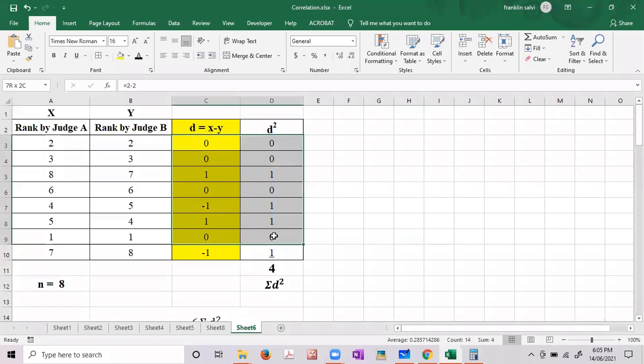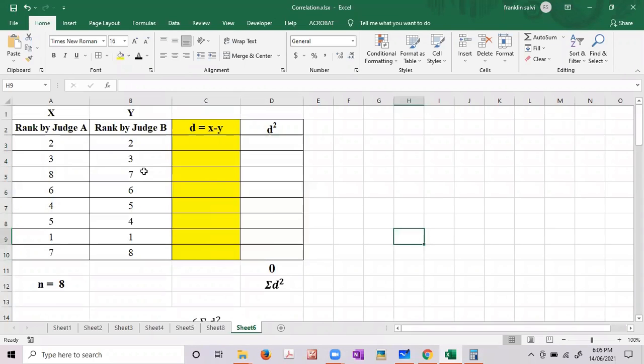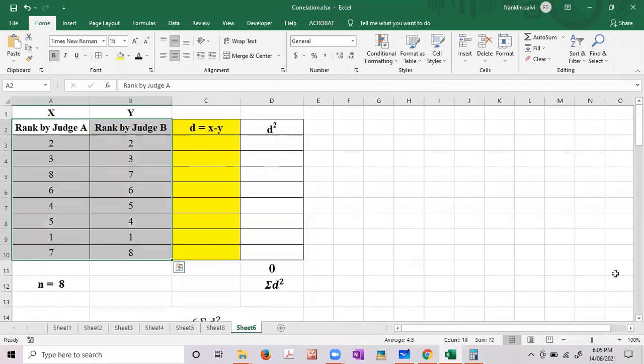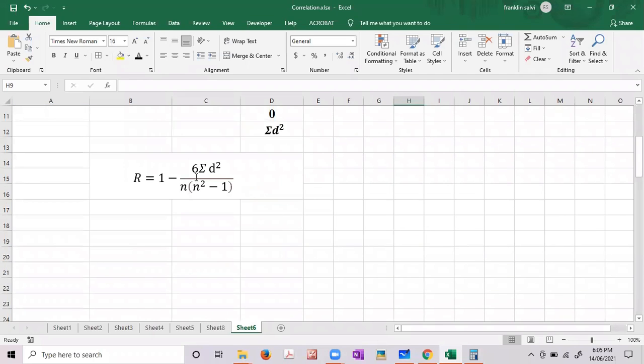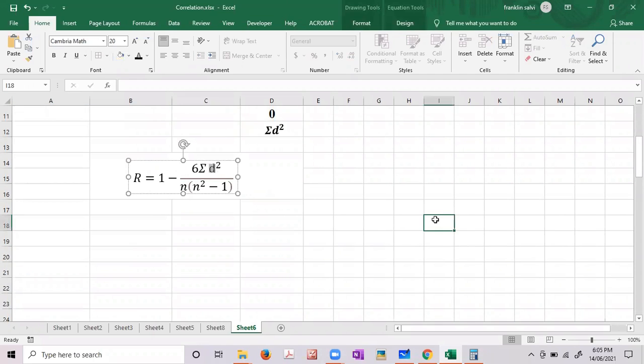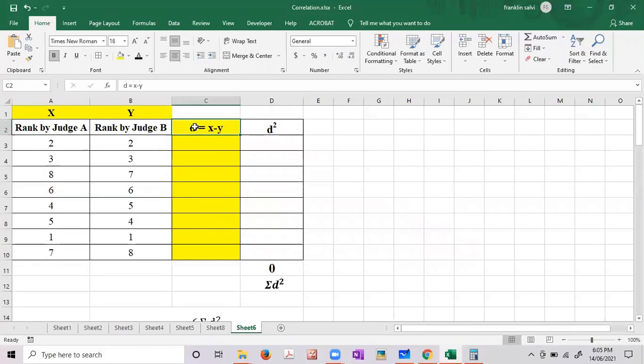Let us take a simple example to understand this. We have been given ranks of two judges. So there probably is an event which is judged by two judges. We'll call the first judge's ranking X, and the second judge's ranking Y. What we need to identify according to the formula here is D square. So first we need to find out D. Now what exactly is D? D can be called the deviation or difference between X and Y.